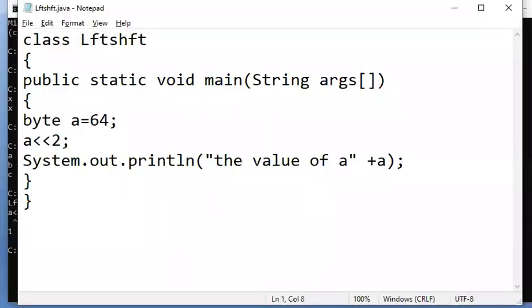I need to write this here, a is equal to x, because I need to assign the values to some variable.